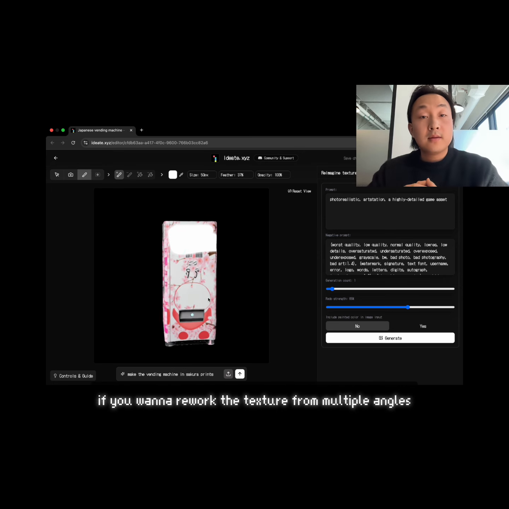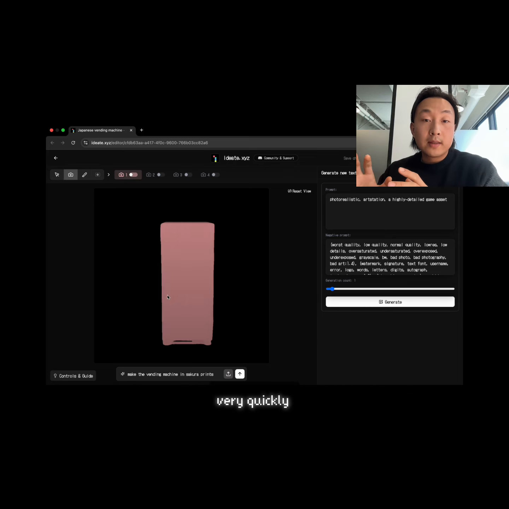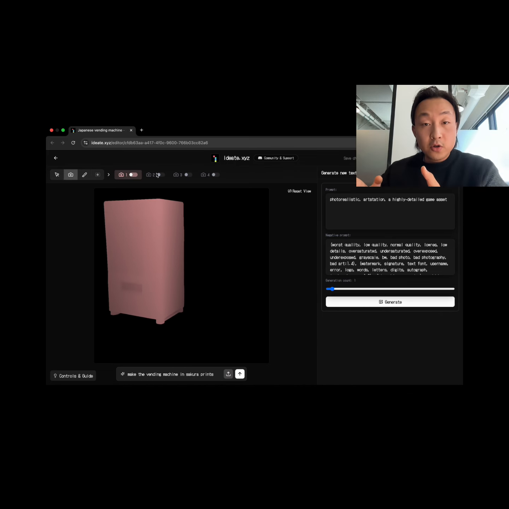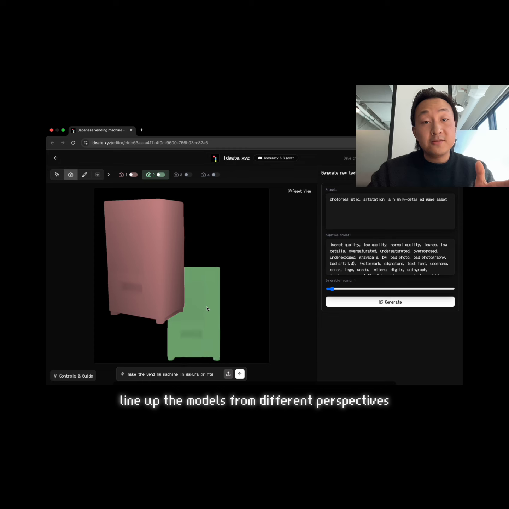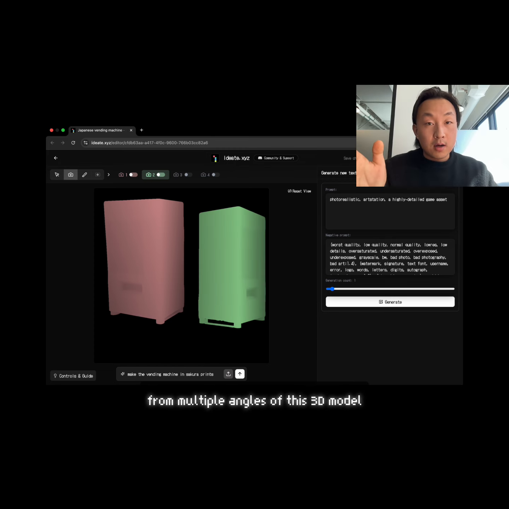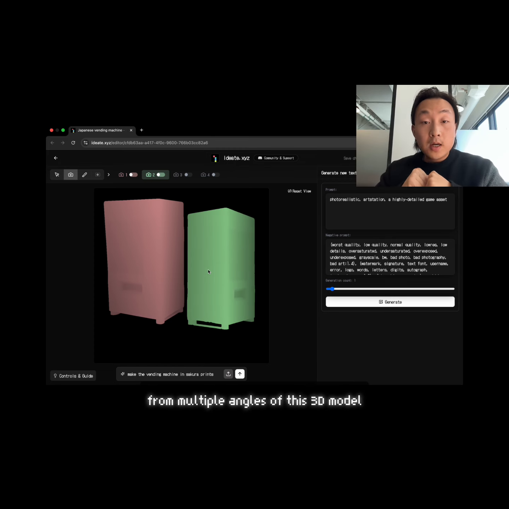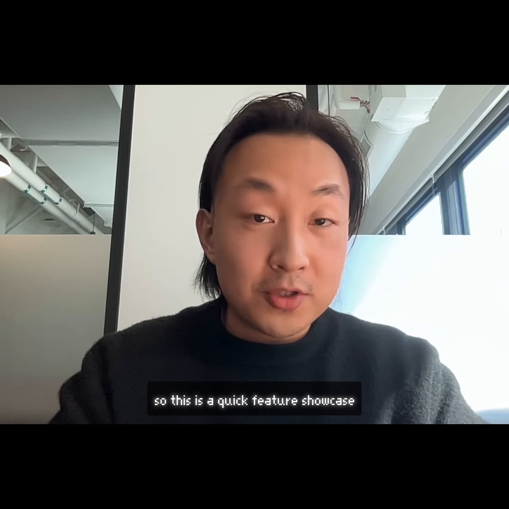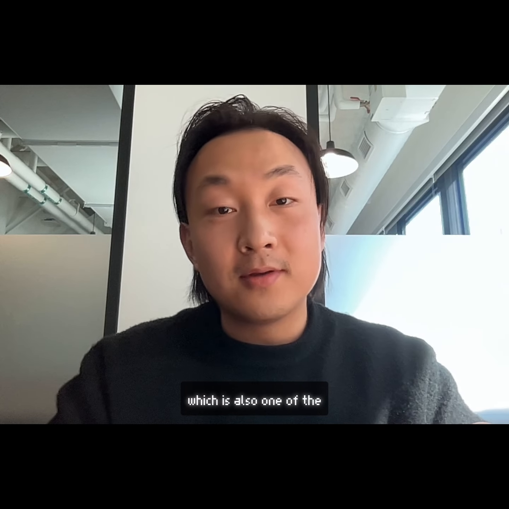If you want to rework the texture from multiple angles very quickly, you can also use our perspective mode, line up the models from different perspectives, so you can generate new textures from multiple angles of this 3D model very quickly. So this is a quick feature showcase, which is also one of the features that we have